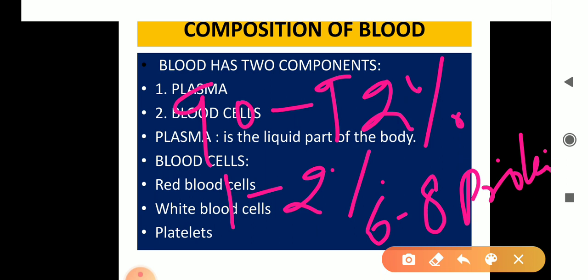Now, fibrinogen and prothrombin proteins also help in blood clotting. I will tell you about blood clotting. It is a new topic for you, so I will explain it later. The next is